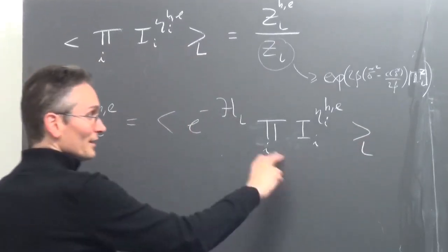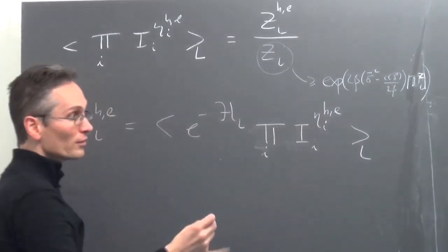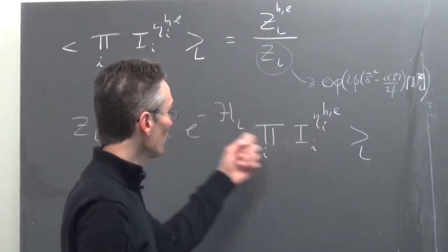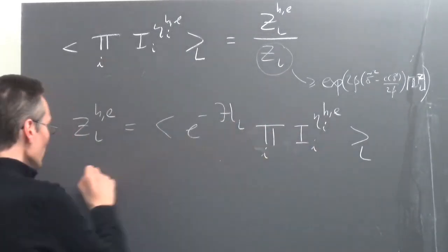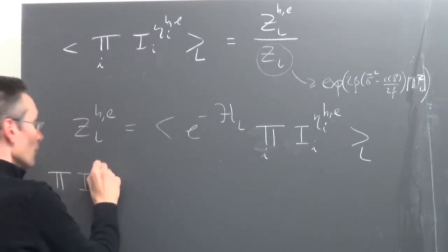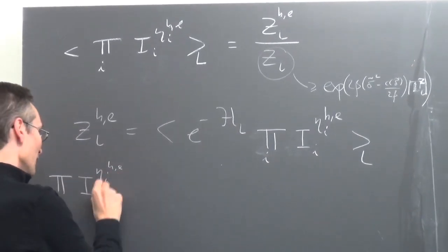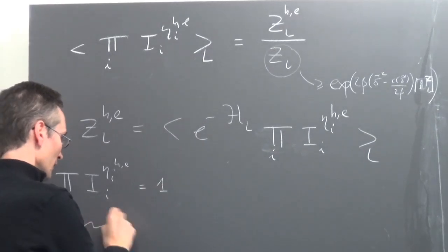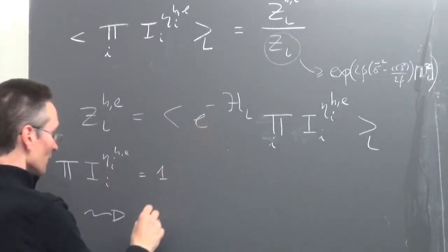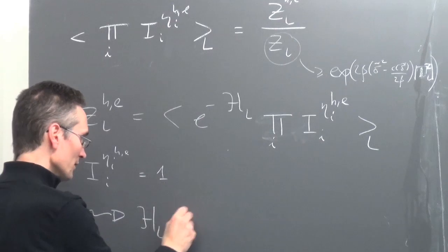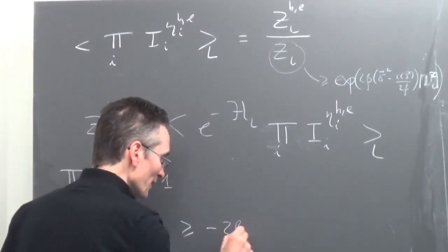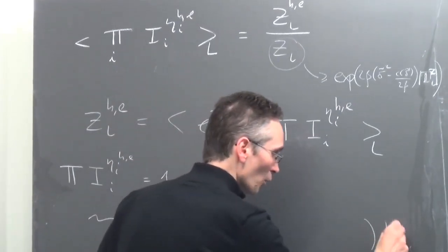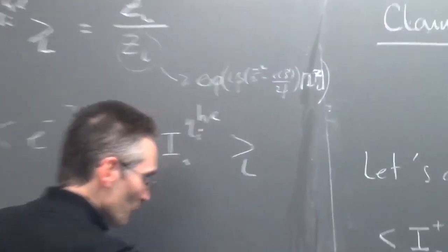So when this is equal to 1, when I have pluses where I should have pluses and minuses where I should have minuses, I can lower bound the Hamiltonian. So let's assume the product over I equals 1. When this is true, this gives me a lower bound of the Hamiltonian, which is 1. So we want to make it as small as possible. So it will again have minus 2 beta times the number of vertices, as we did before.